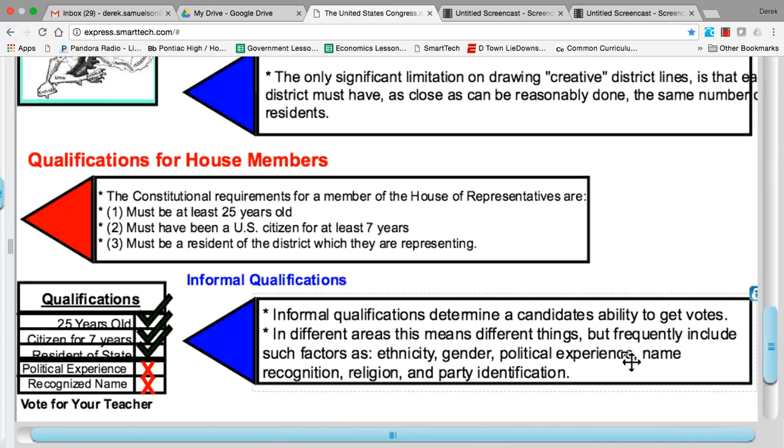All of those things are considered, whether they should be or not, they are considered by the populace when they go to vote. So this is what people consider. In our most recent presidential election, 2016, a lot of these came into consideration of voters on both sides, and they do for